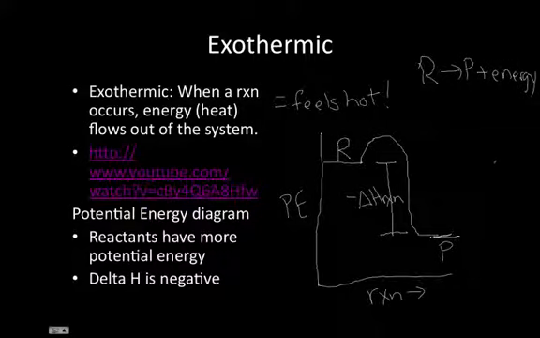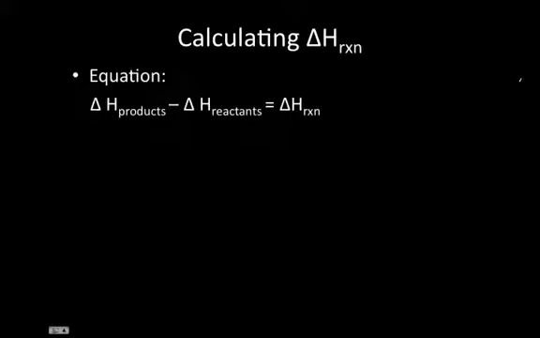Now, how do you actually calculate the delta H of reaction? We're going to use the equation delta H of products minus delta H of reactants equals the delta H of the reaction. So you have your constants page. On the back of your constants page, you have a bunch of tables, or you have one giant table. And on that table, it has a bunch of different substances and the delta H of formation for those. So what is delta H of formation? Well, delta H of formation is written like this. And what that means is it's the energy